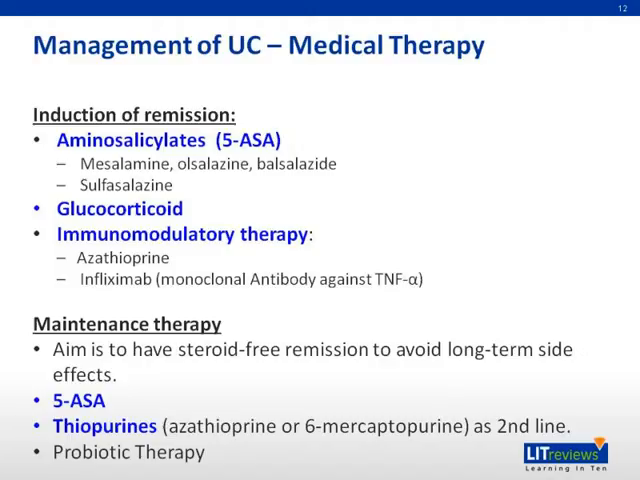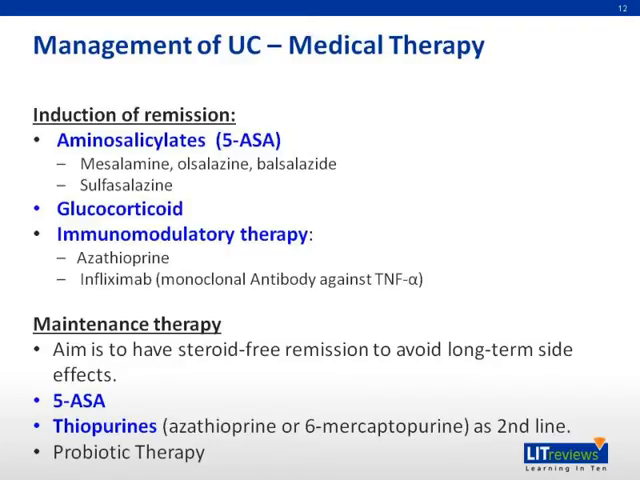The main aims of medical therapy are the induction of remission and the maintenance of remission. The main therapeutic agents are aminosalicylates and steroids. Immunomodulatory therapy is now also in use to induce remission of ulcerative colitis. Remission is clinically defined by 3 or less stools per day, without any presence of blood or increased urgency of